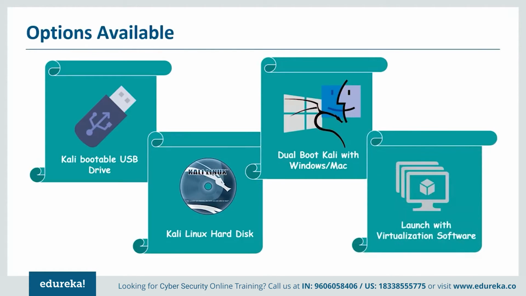You can use virtualization software such as VMware or VirtualBox to install Kali Linux as well. As for this session, I'll show you how to install Kali Linux on VMware. Guys, apart from these, you can also set up Kali Linux on ARM devices. ARM usually refers to Advanced RISC Machines, like Raspberry Pi, Cubietruck, Trim-Slice, and many more.